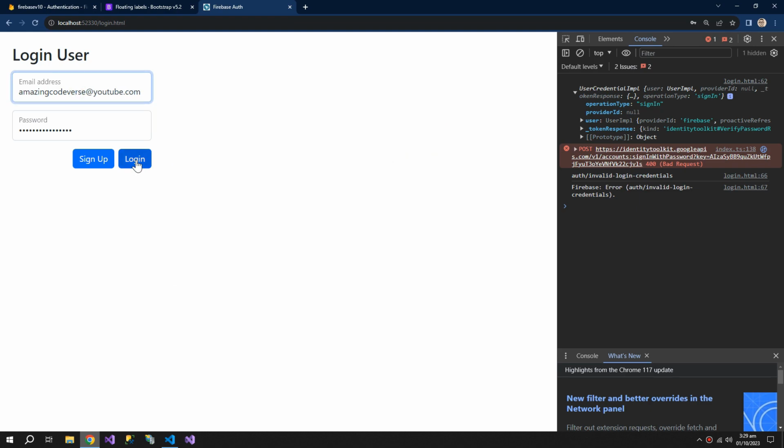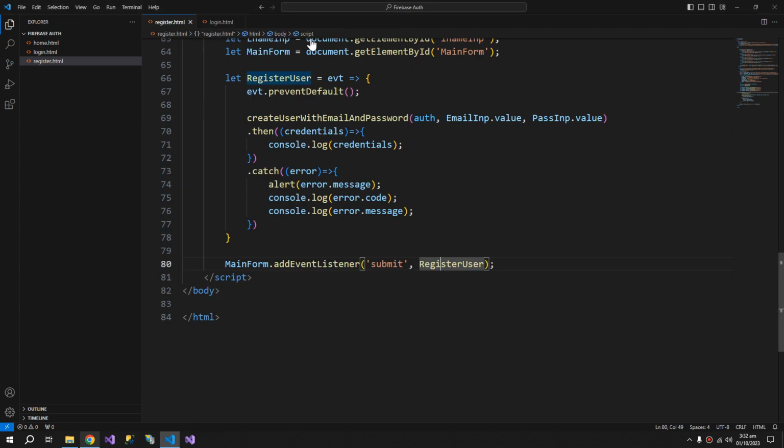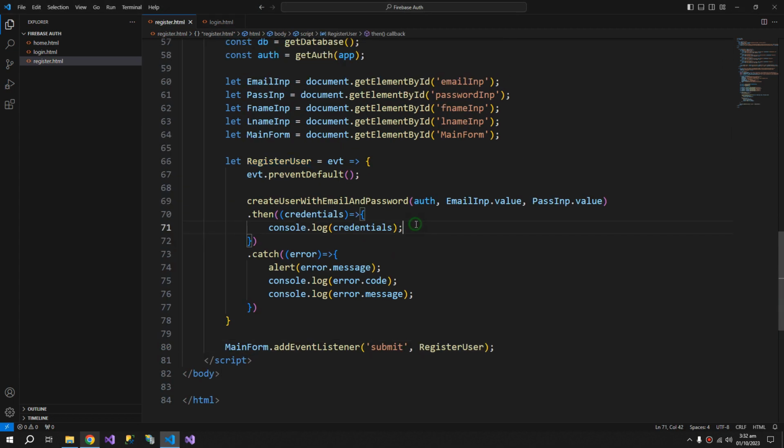And if I log in with the right credential, then I'm seeing my credential in the console log. Now let's get back to the register,